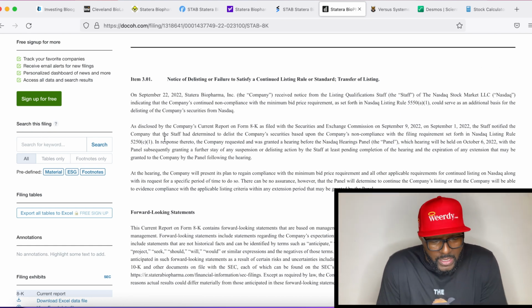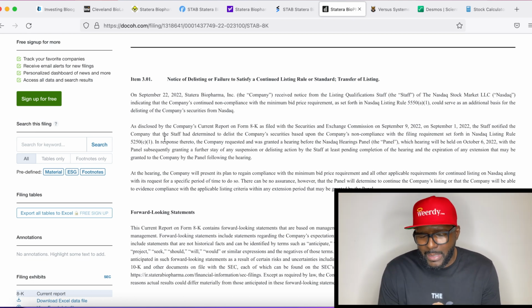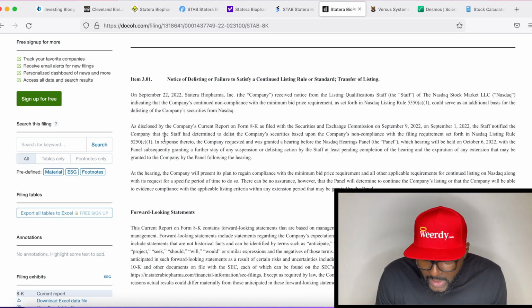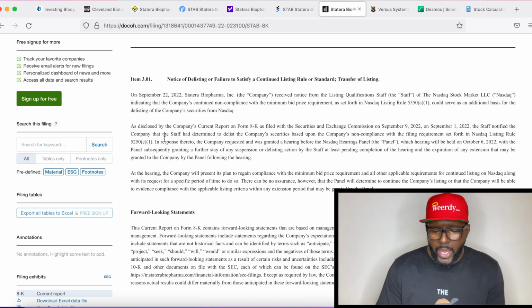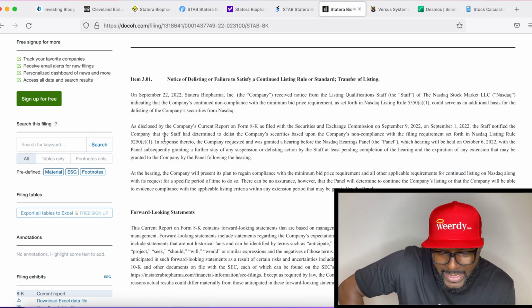Okay, as disclosed by the company's current report on Form 8-K as filed with the Securities and Exchange Commission on September 9th, the staff notified the company that the staff had determined to delist the company's securities based upon, all right, the filing requirements. Here you go. Which hearing will be held on October 6, 2022, with the panel subsequently granting a further stay of any suspension or delisting action by the staff,